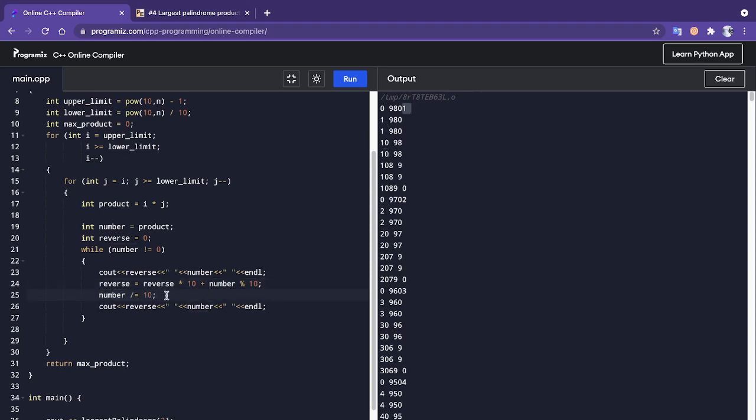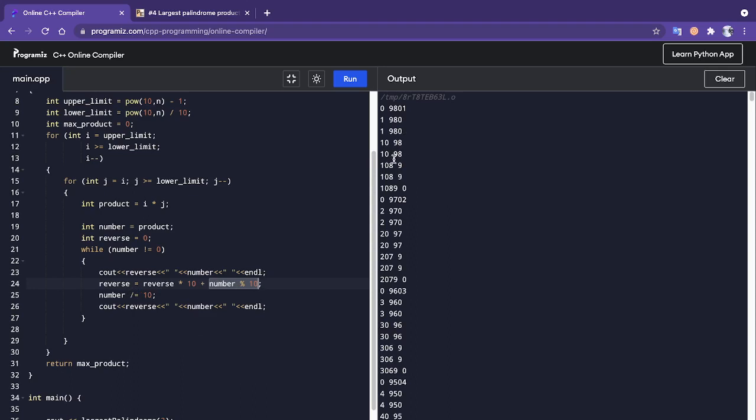Now the second time, the 1 is going to be multiplied by 10, that becomes 10. So the first digit is placed at the second place. Again the modulo generates the remainder. The remainder is 0, so 10 plus 0 is 10, and 980 is again divided by 10, so it becomes 98.